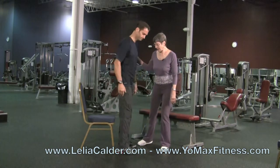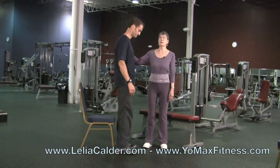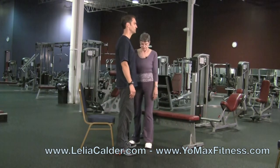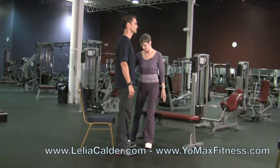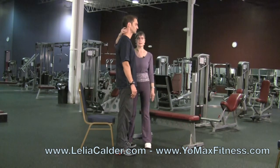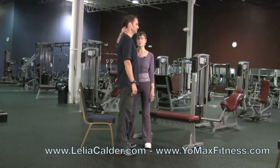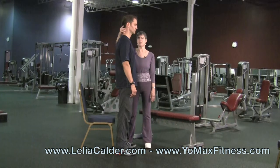So if you would stand directly in front of the chair, let's begin with your feet a little further apart because it's a more stable platform for your movement if you have a wider stance. And then immediately you're going to bring your attention to your neck, not to tighten but to release. It doesn't take a doing, it just takes a thought to the neck to be free,